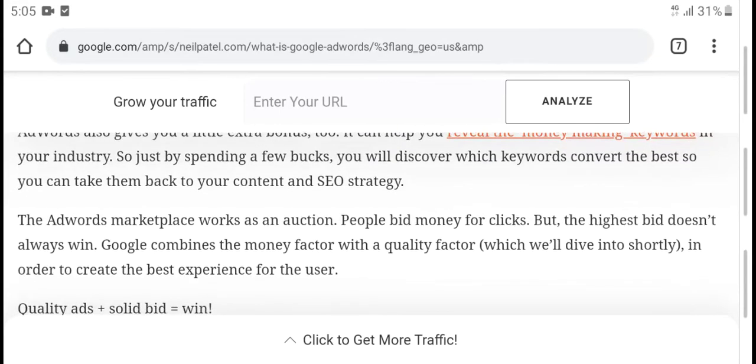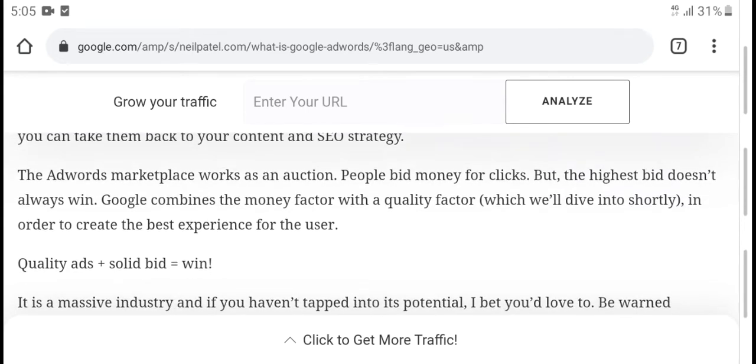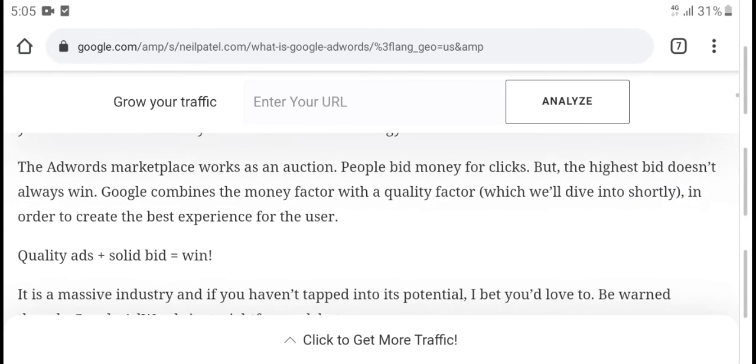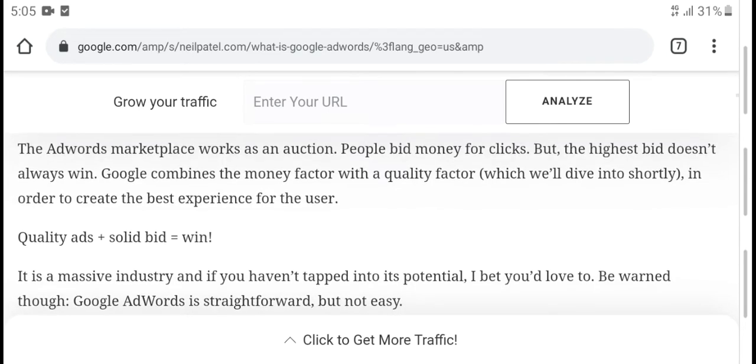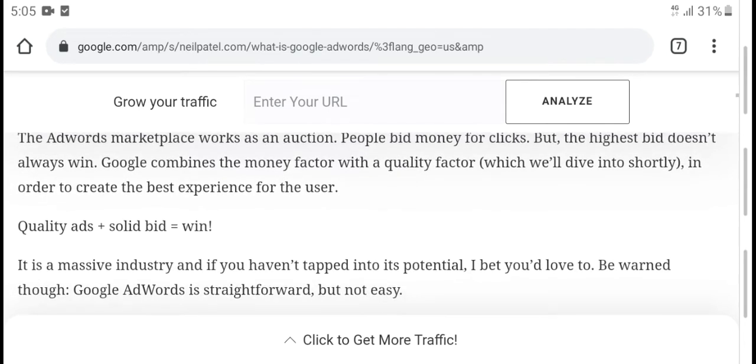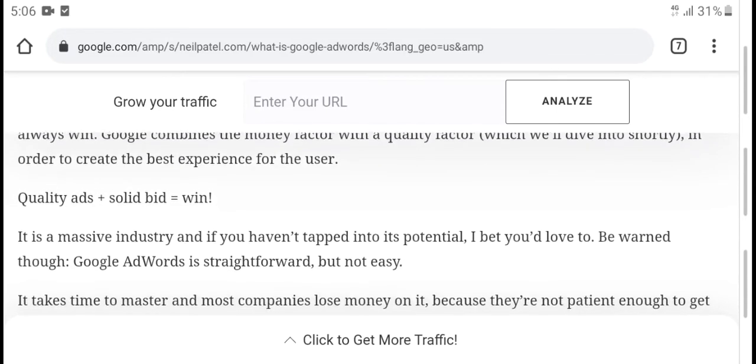a few break with discover with keywords, concentrate fast and take content SEO strategy, the advice making work action and click. The highest bid does anyway when in Google, constant money factor with quality factor, which intro others created facts explained